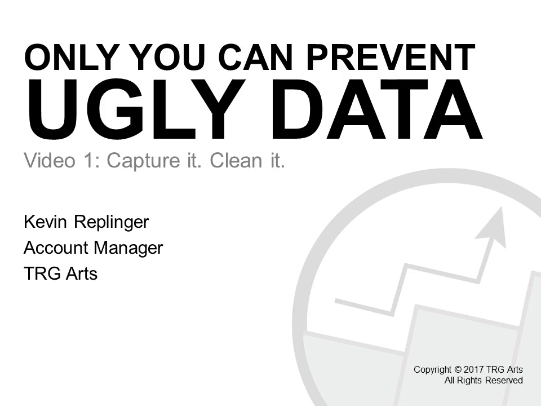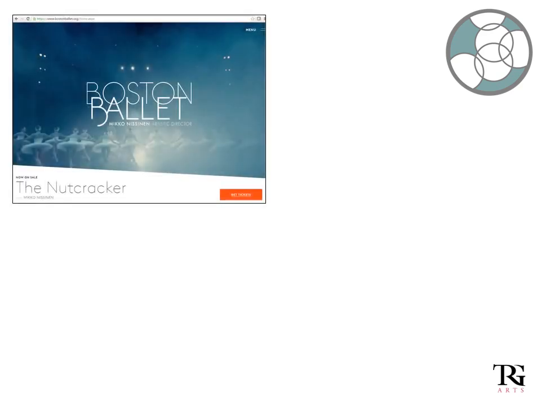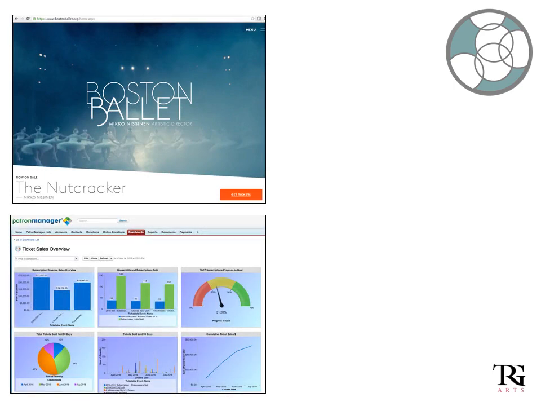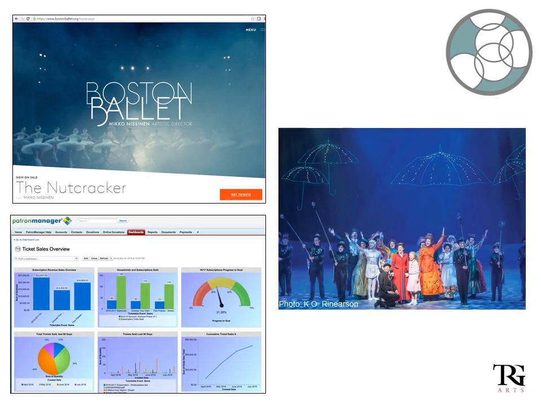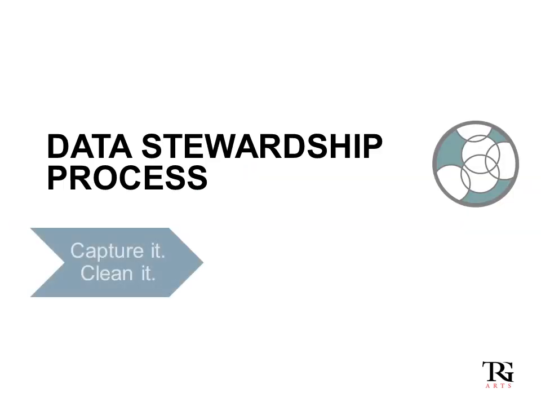This is the first of 3 videos we're bringing you on clean data and segmentation. Is your data ugly? Your arts organization may have slick branding and a whiz-bang website, a top-of-the-line CRM system, and beautiful photos of your productions or exhibitions. But if the data you have on your patrons is dirty, incomplete, or poorly segmented, building patron relationships and loyalty is much harder.